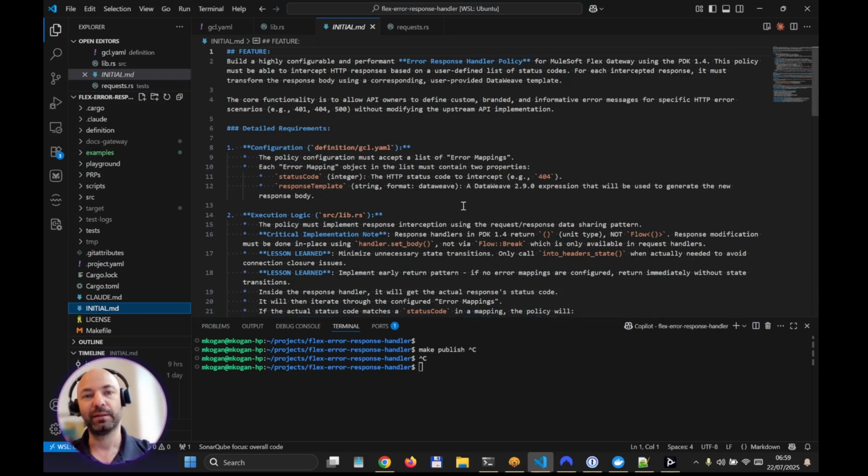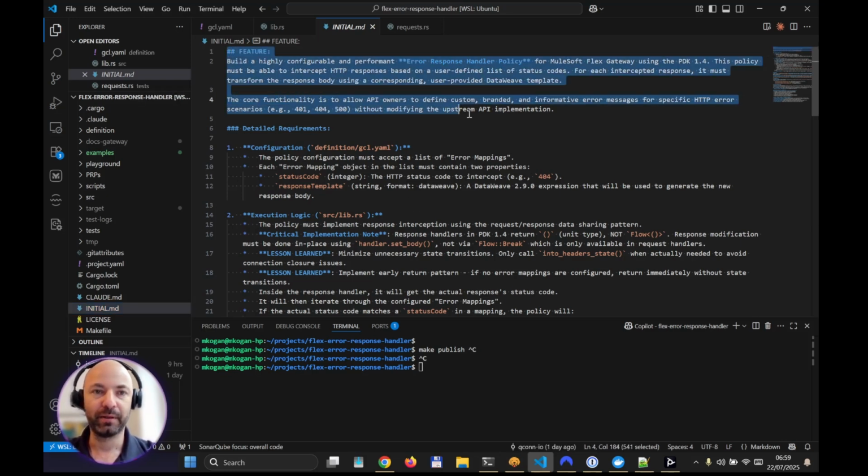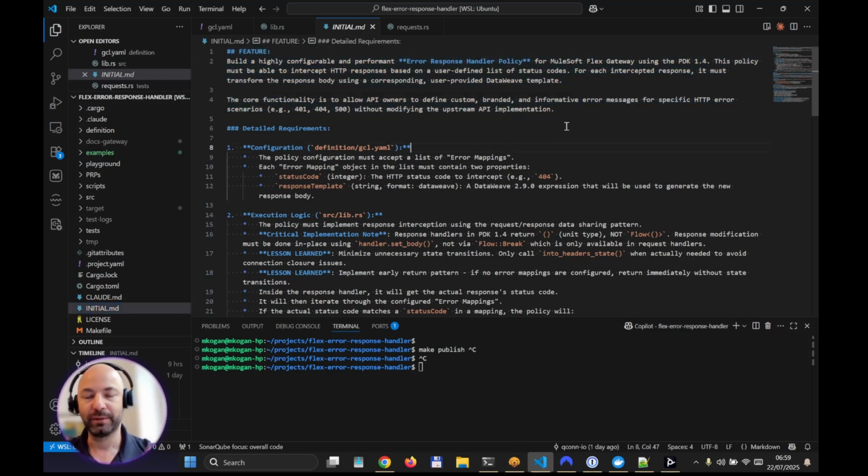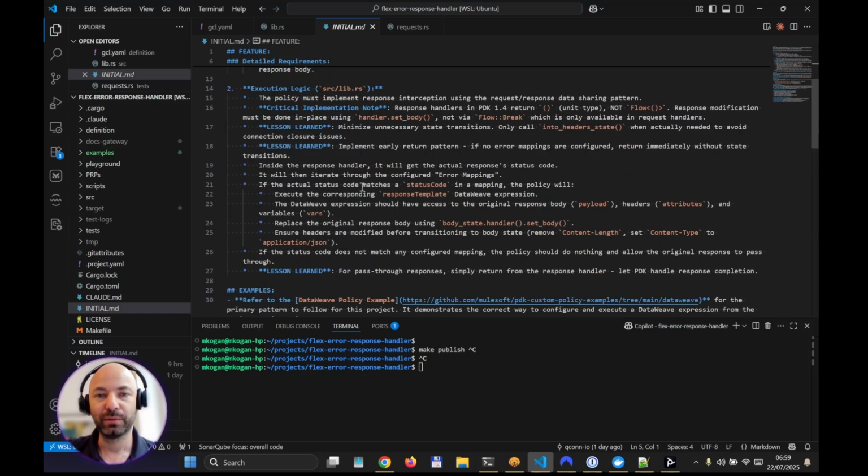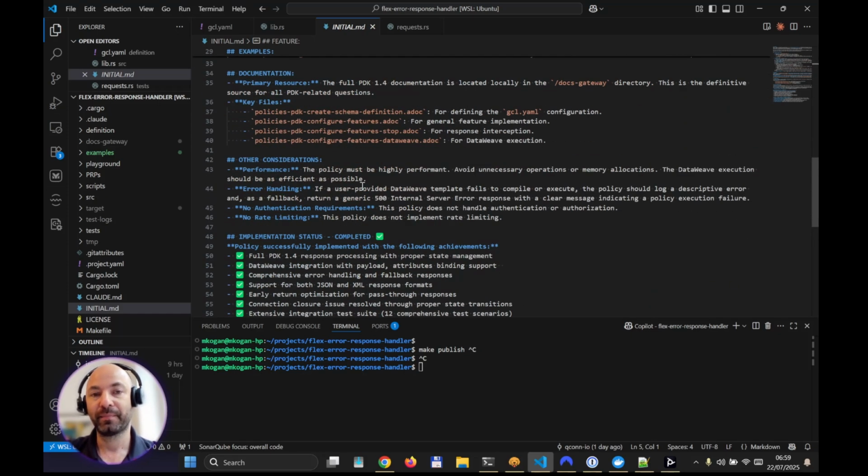So the more detailed you are, the better. So I just described that I would like to have a highly configurable and performant error response handler policy with these and these functionalities, and this is what it will do. So this file is where my work was focused